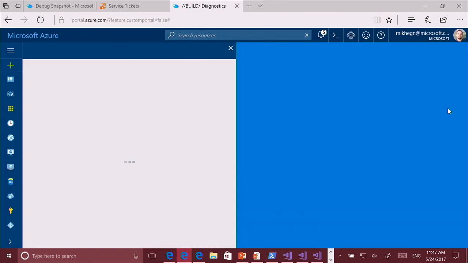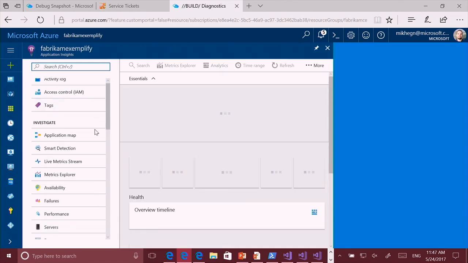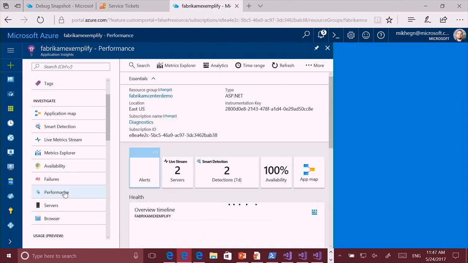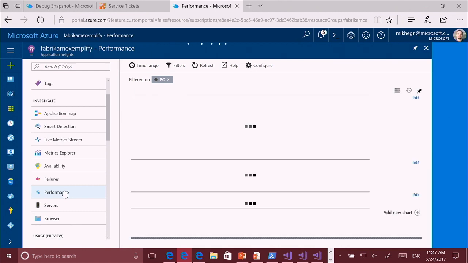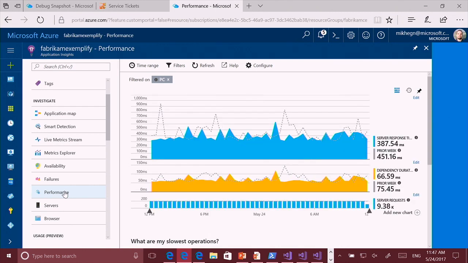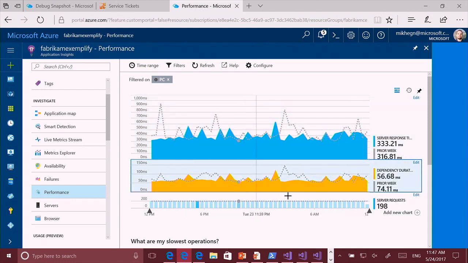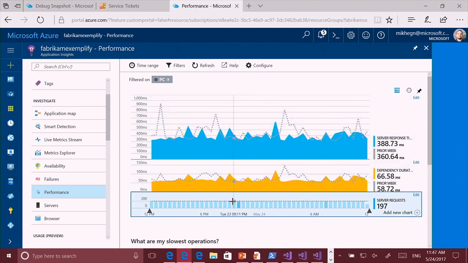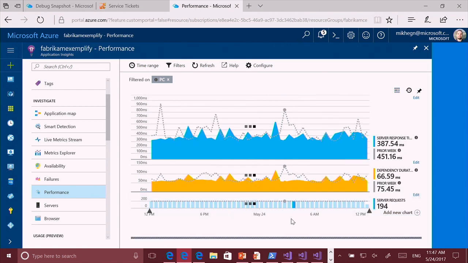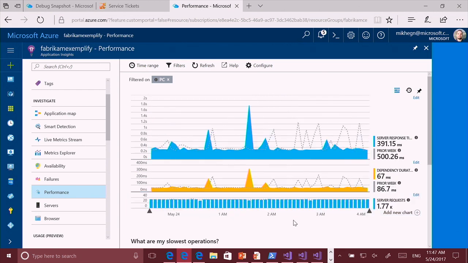So I have another Application Insights resource set up here, and as part of this, we have this menu item in Application Insights, or this feature where we go and do some performance analysis of your application. On the right-hand side, you see some metrics about server response times, dependency response times, how many server requests are going on. And you can zoom in on these timelines and adjust them and see the details there. And you can do some very detailed analysis, querying the individual